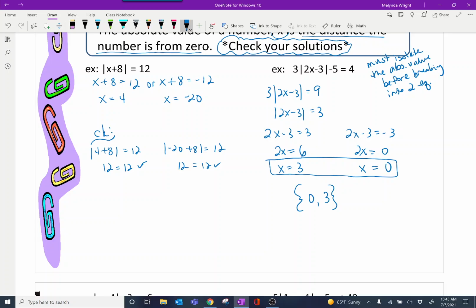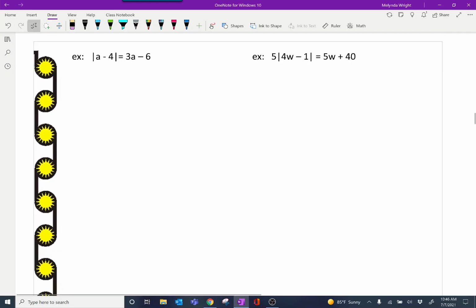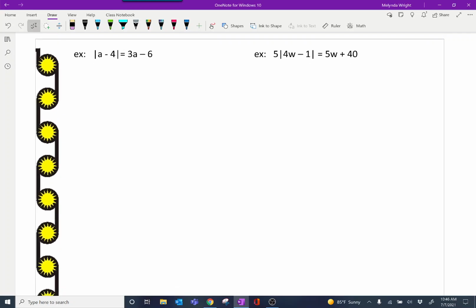Right here, the 12 or the negative 12, or the 3 or the negative 3. So that kind of makes sense. It's a little bit strange when there's a variable out there, but the concept is the same. What we're going to do is set this, our first option, equal to